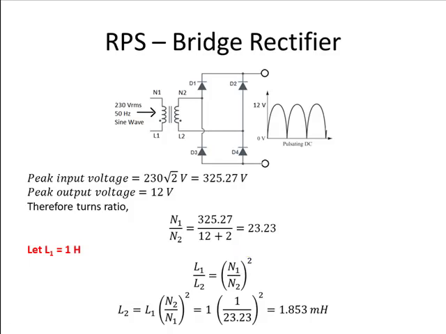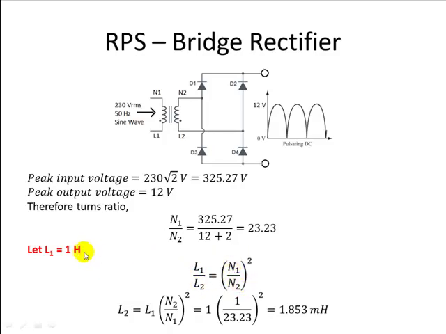However, in order to simulate this in OrCAD PSpice, we need to calculate the inductance of the primary and the inductance of the secondary, because we don't get a transformer directly where we can enter the turns ratio. So this step is additional and it is required only for the simulation. L1 is the inductance of the primary, L2 is the inductance of the secondary. We are ignoring the mutual inductance, which is negligible. It is related to the turns ratio like this: L1 by L2 is equal to N1 by N2 whole